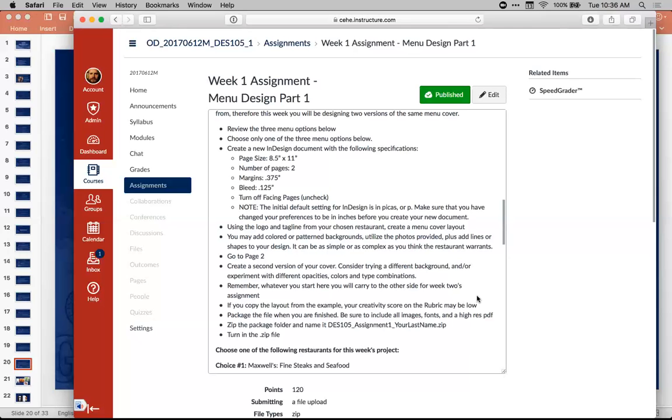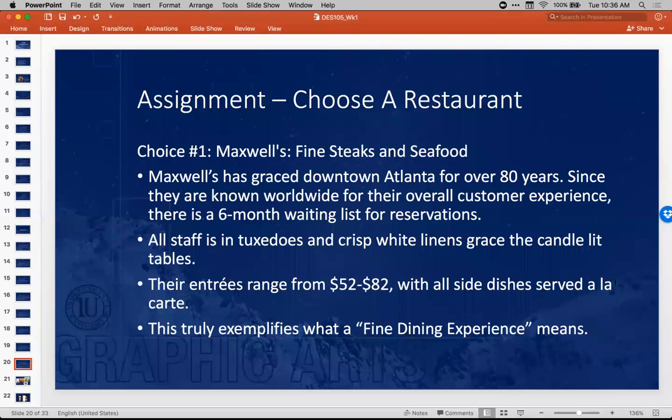Then when it's done, you're going to package the file, which we're going to go through how to do later. Name it as it says here, and zip it up and turn in the zip file. Okay. So let's look at our options. Now, remember,